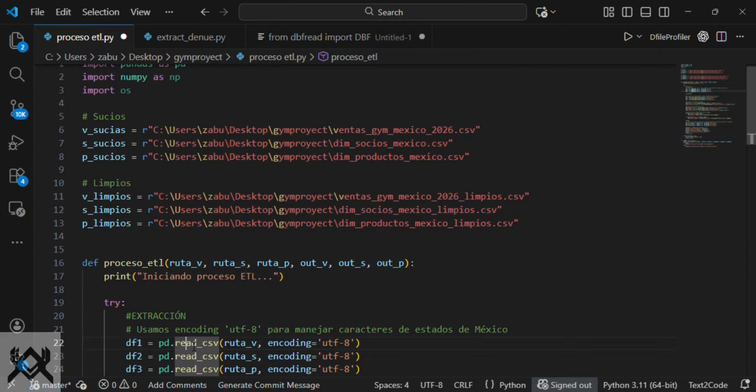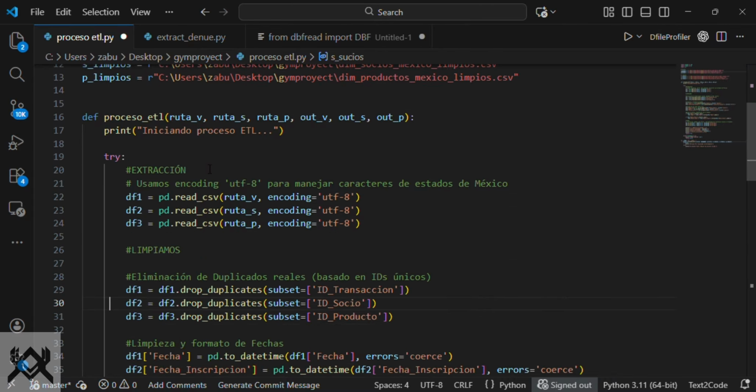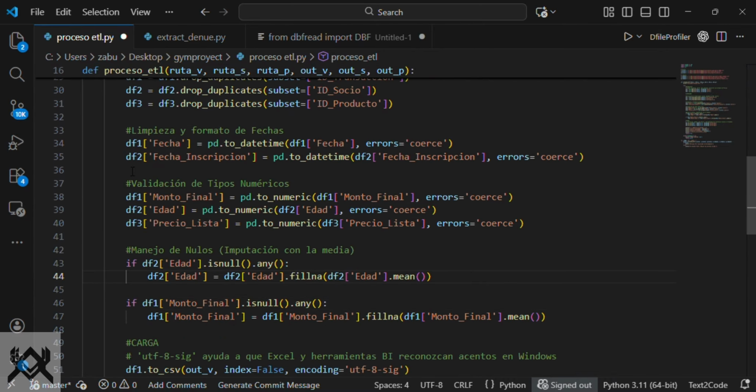This CSV file, in this case, is this CSV file. And after that we check the date format, after that we need to validate the numeric type of these columns: final month, age, and list price.